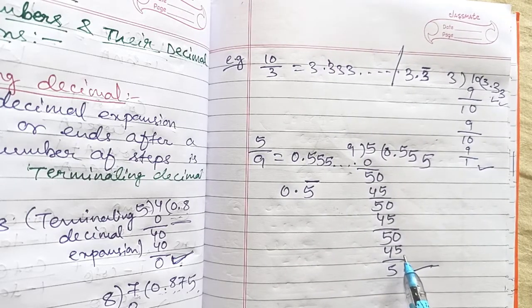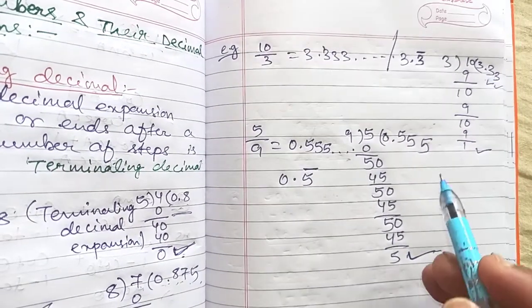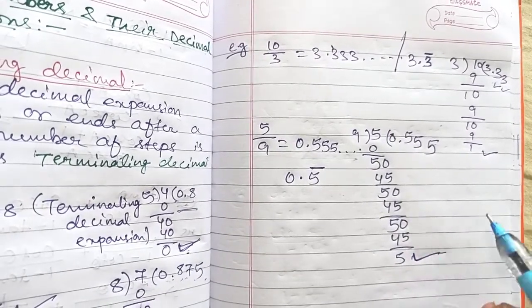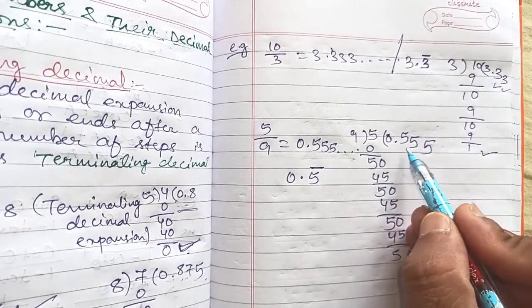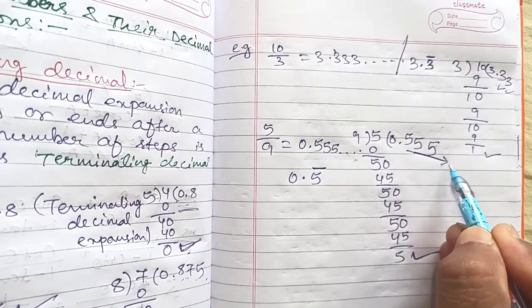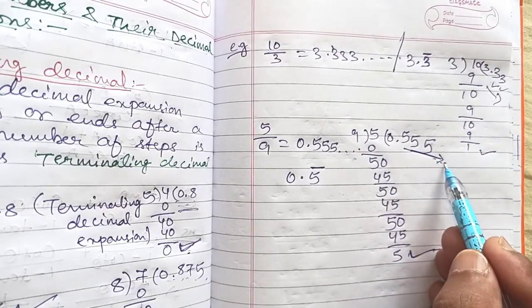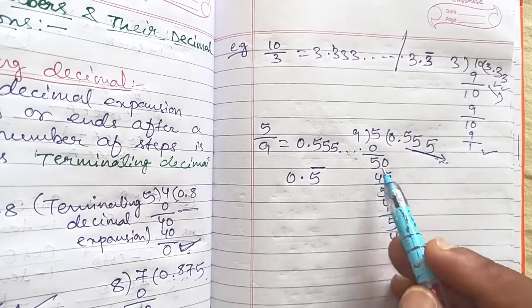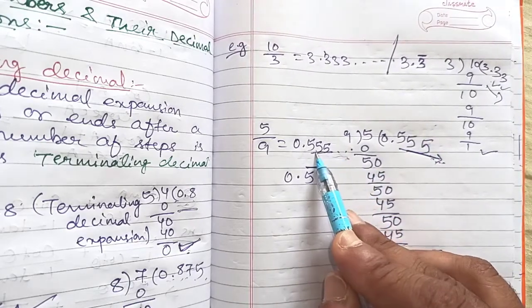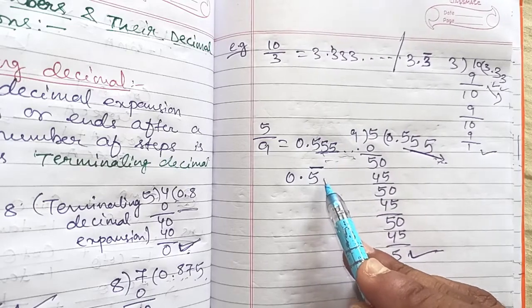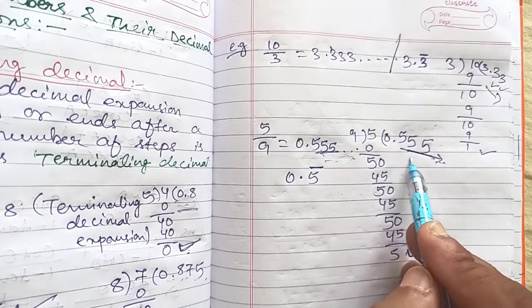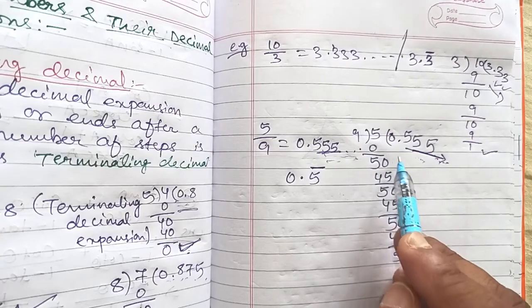Okay, where the remainder does not become 0. Like here you can see, I said recurring decimal. Recurring means the same number will be repeated so many times. Here 3 is repeated so many times, here 5 is repeating so many times. These types of repeating decimal expansions, repeating means one number will be repeated or we will get a bar. These types of repeating decimals are called recurring decimals.